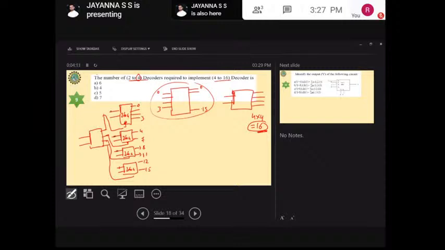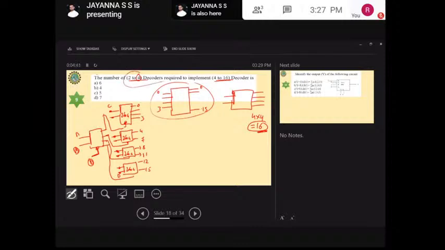I'm going to call this one C, and this one D. I'm going to short this D, and short this C and C. Here I'm going to apply A, B here, and there will be an enable here. If it is activated, that one will be enabled. So in order to realize a 4 to 16 decoder, the number of 2 to 4 decoders required